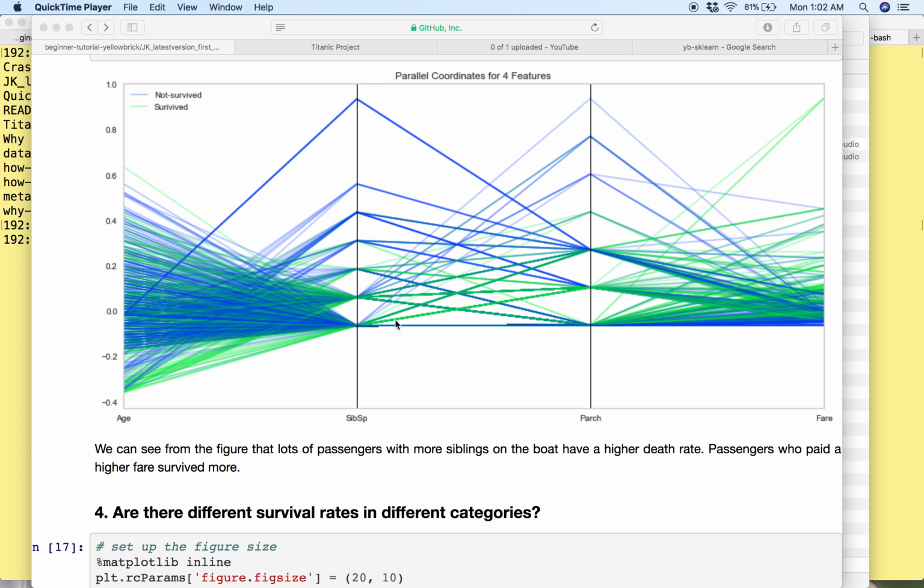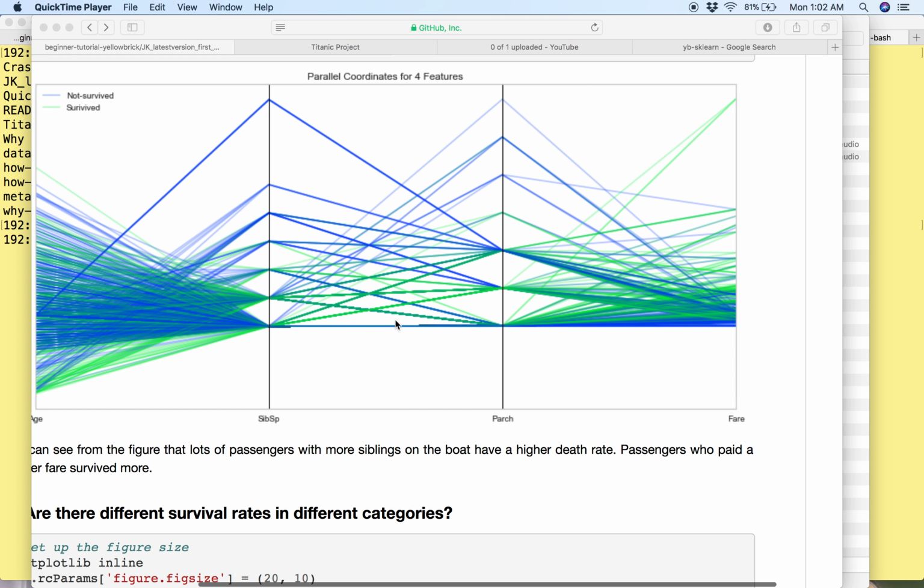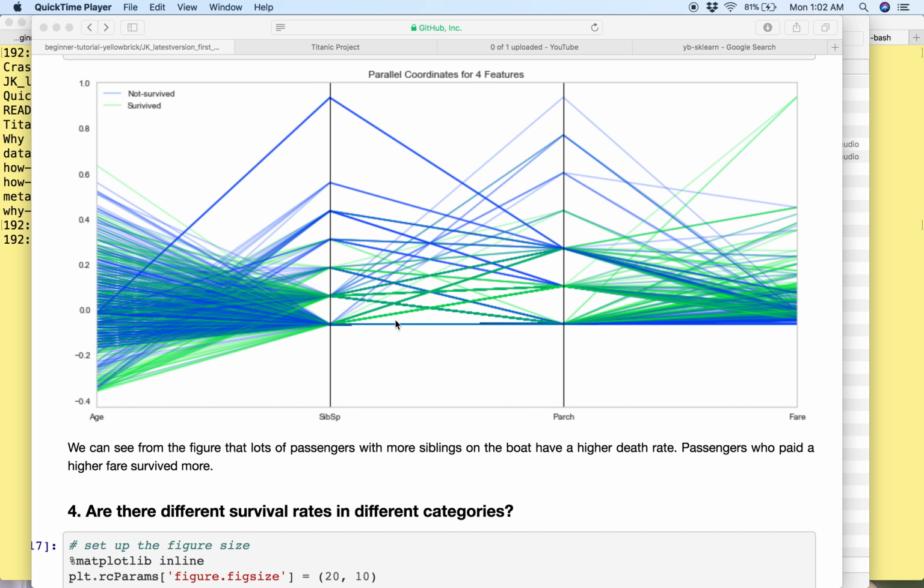So the people who traveled as families or people who had their siblings on board suffered a higher death rate. Also, of course, as we discussed above, we know that most of the passengers were single travelers. They weren't traveling with families. So it's a small proportion, but that small proportion didn't make it. Also, we can see that